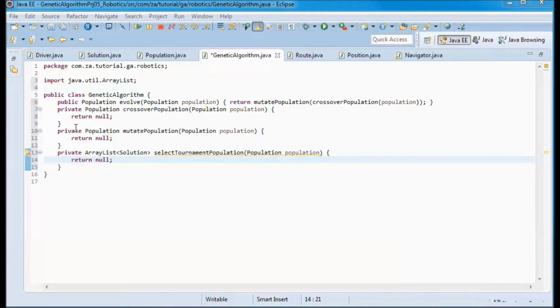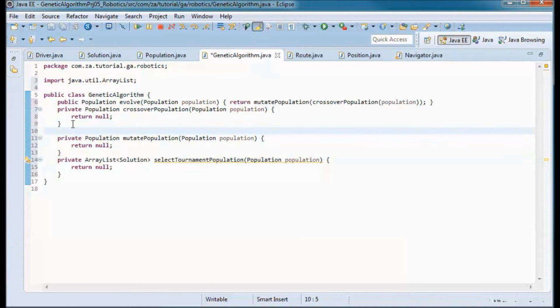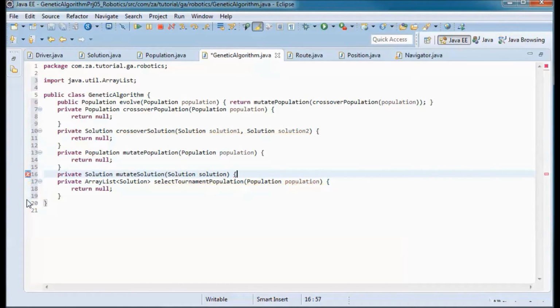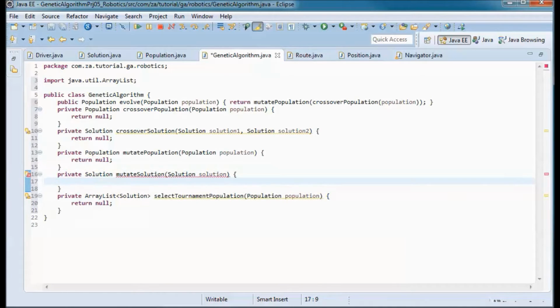And we will have this private crossover solution method that does crossover on those two solutions, and for now let's just return null. And the mutate population will end up making calls on this mutate solution method, and let's return the mutated solution here.